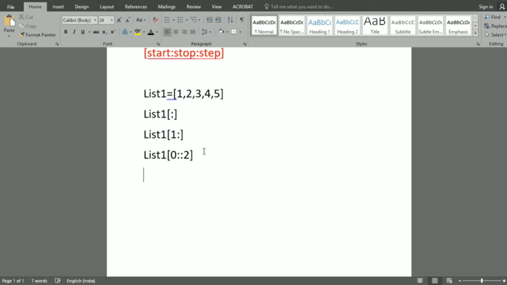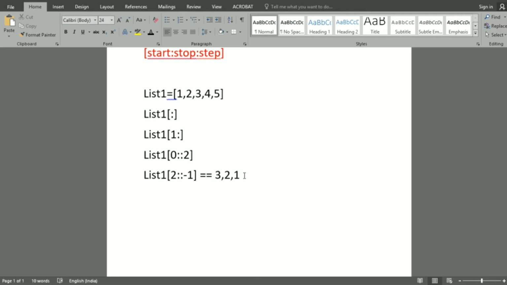If I want to print the elements 3 2 1, that is in reverse order, I need to enter list1 and then the starting index: the 3 is present at the 2nd index, so I enter that here. Start from the 2nd index, go until the end of the list, and I need it in reverse order, so I am entering -1. This -1 goes in reverse order. It starts from index 2 and goes in reverse order and prints 3 2 1.